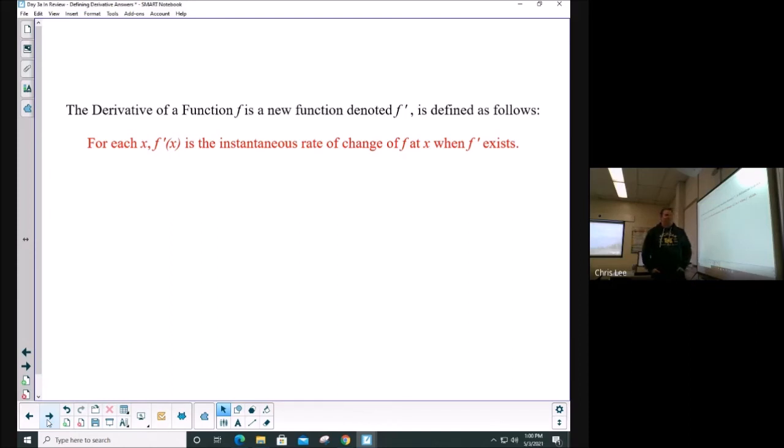is the instantaneous rate of change of the function at that x when the derivative exists. We're going to investigate this later on, I think tomorrow, about when sometimes the derivative doesn't exist. But for most times, and what we're going to study here at the beginning, the derivative does exist. Okay, so we're going to spend definitely the rest of this unit and next, well, everything in calculus all revolves around the derivative, finding and explaining how functions change. Okay, so